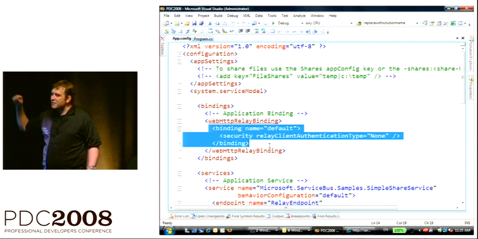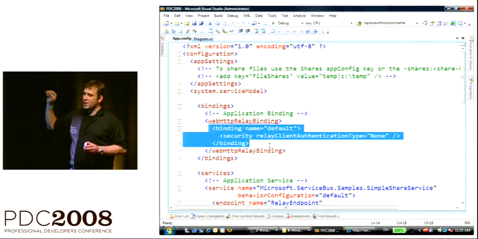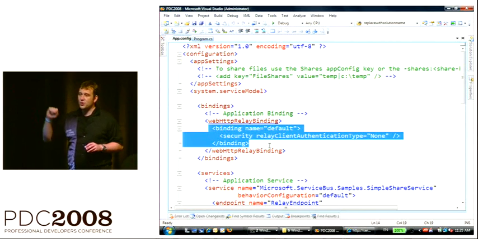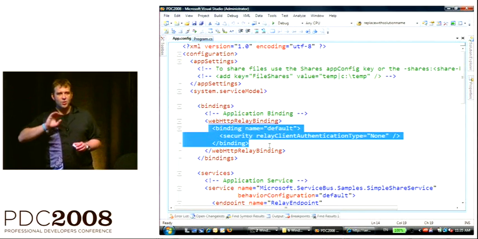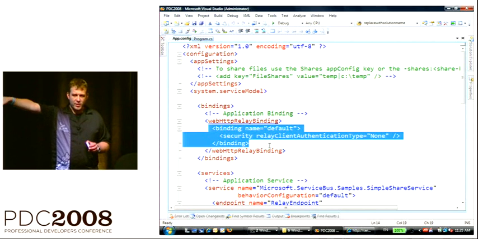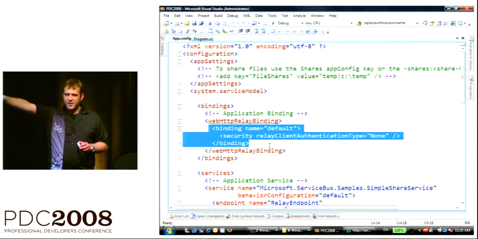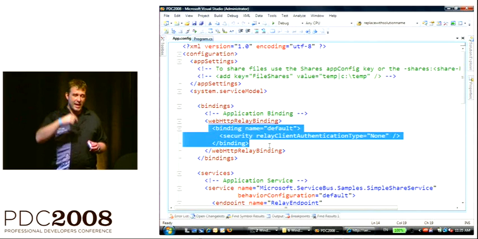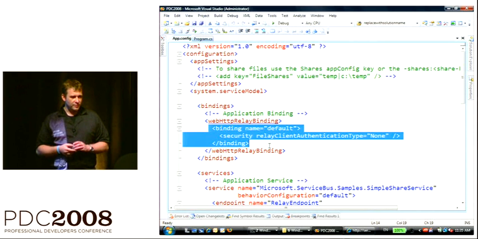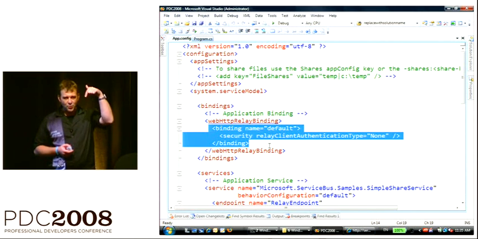The interesting side effect is, if you turn that off and do a MEX request, so you acquire metadata for the endpoint through the relay, and you run this through svcutil, and you're exposing this through, let's say, the WebHttpRelayBinding, you will find that the generated binding on your side is the web HTTP binding.